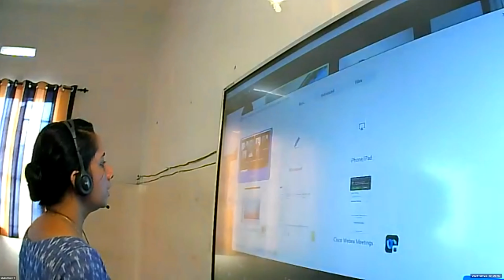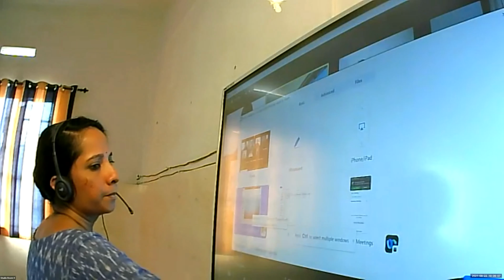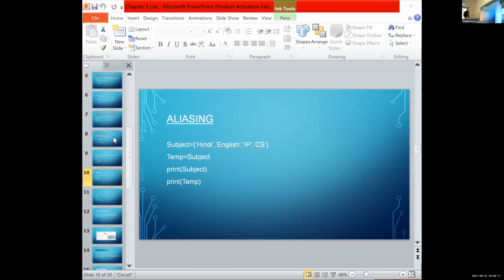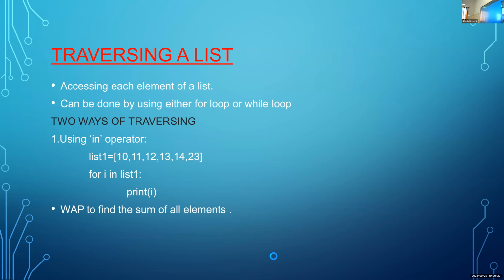So we are discussing the in operator, that is, traversing a list using the in operator, and a program to find the sum of all elements using this for.